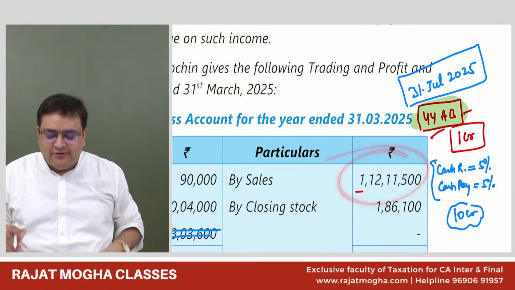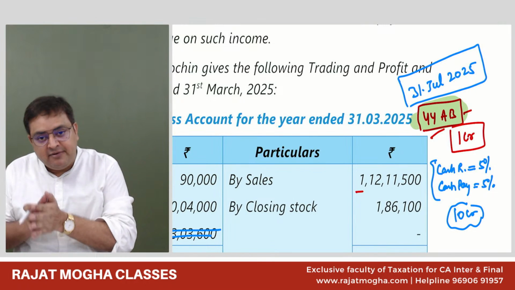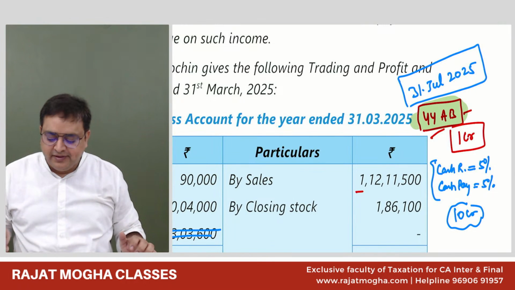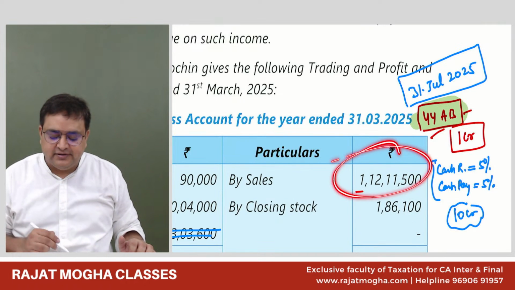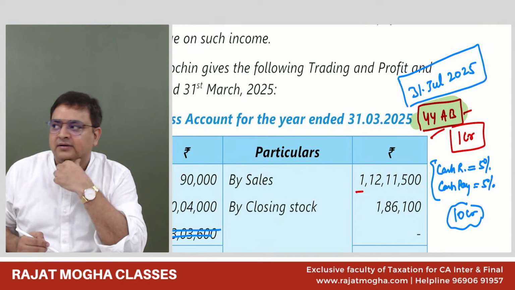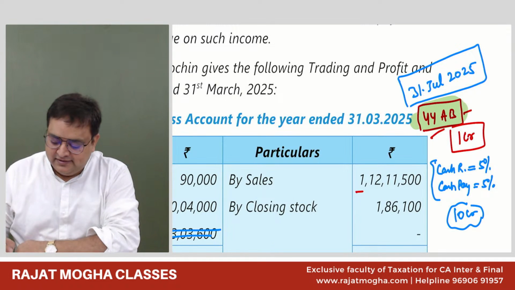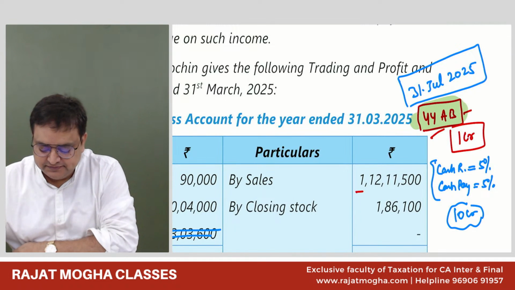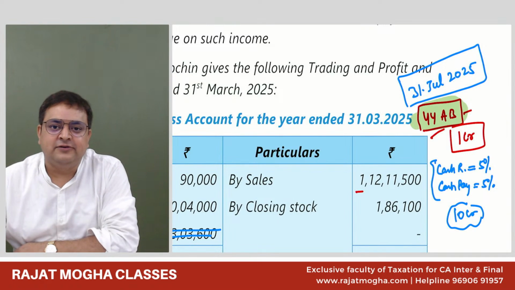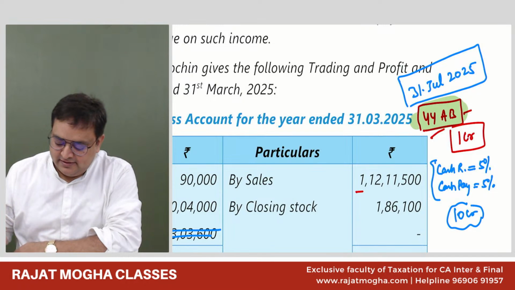Now please tell me, although it's not relevant for this question, I'm revising that section for you. In this case, what would be his due date? We have read something. 31st July. Why? No audit required. Because turnover is less than 10 crore and he has received and paid all the